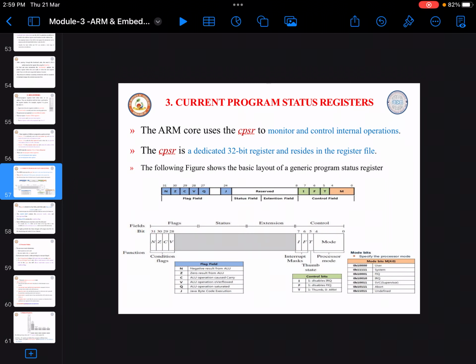Next one is the current program status register, CPSR. So ARM uses CPSR to monitor and control the internal operation. All the registers are of 32-bit size. Even CPSR is a 32-bit register, which is used to control and monitor the internal operation. If you look into the diagram,